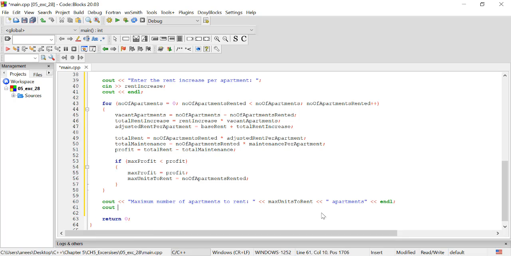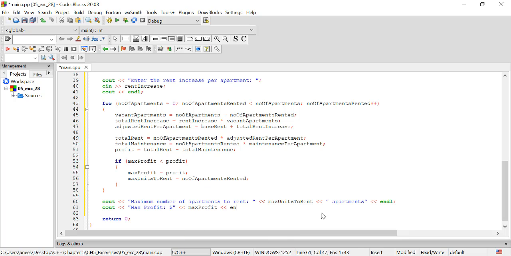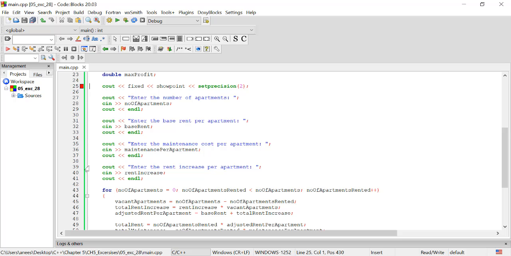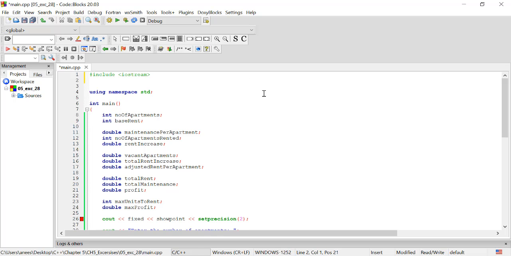Then we can write cout max profit, dollar sign, right here, max profit, endl. Now if we run this program, we almost forgot about that. Hashtag include